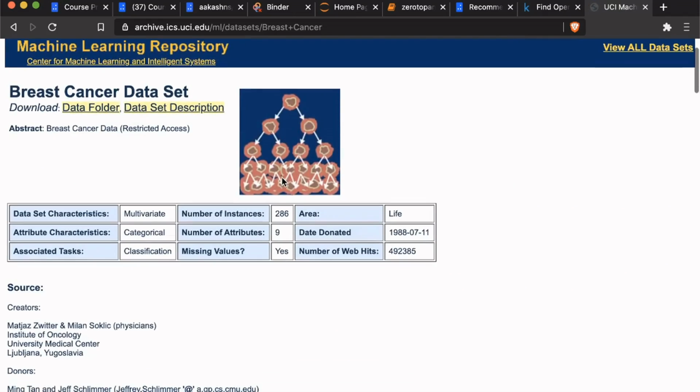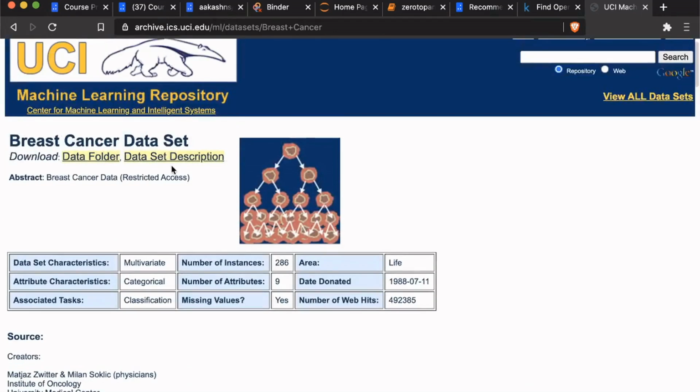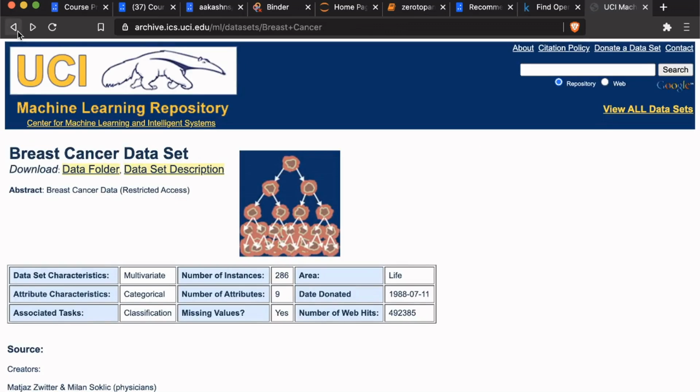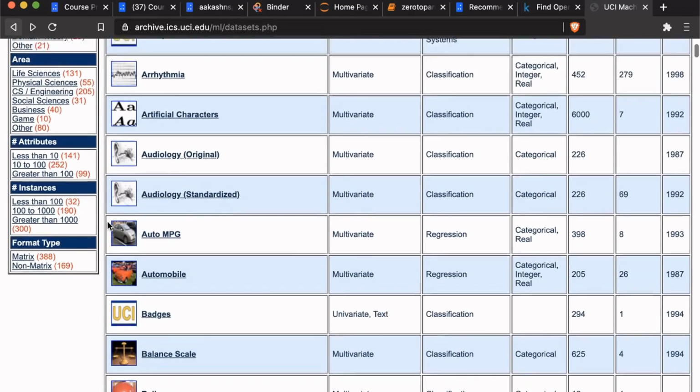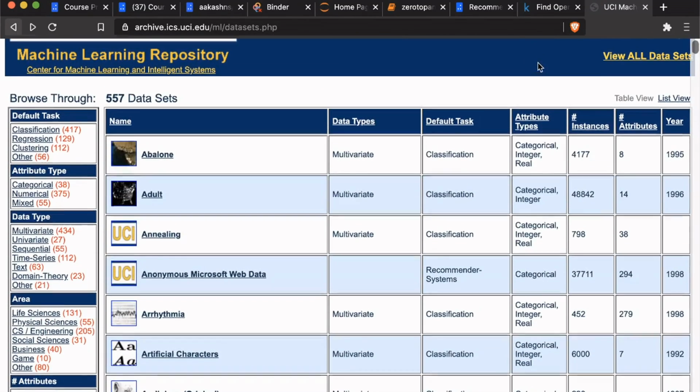This has around 2000 data points. You can see basic information that it contains a bunch of information about breast cancer patients, and you can find the data folder here. Here it is in a certain format called .data. You might want to then convert that format to CSV, but a lot of these datasets are also in a specific CSV format that you can directly use too.